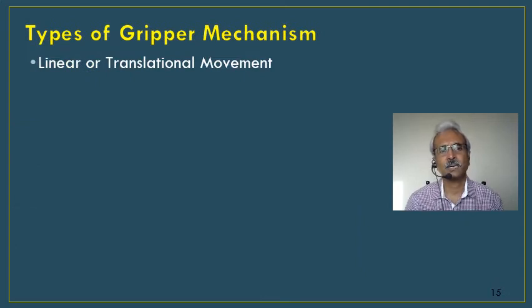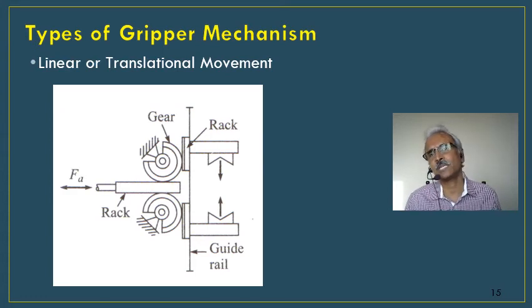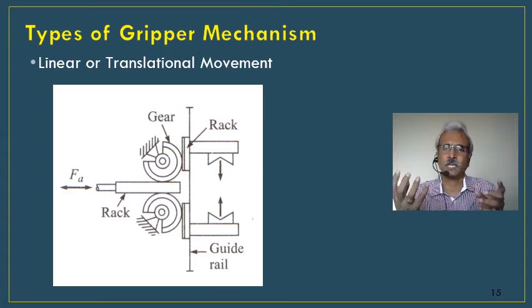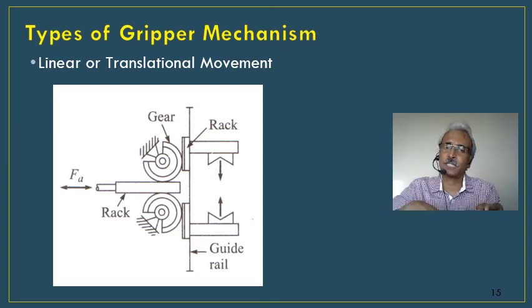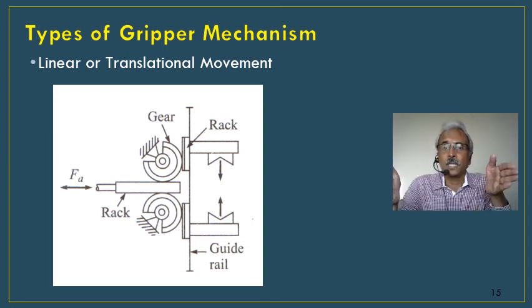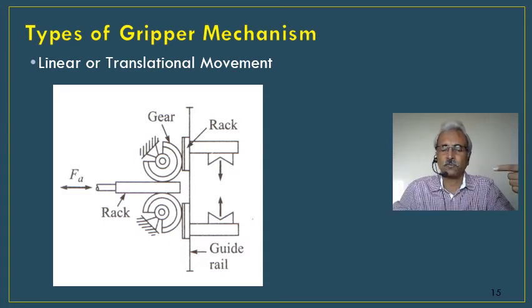So one is the pivoted motion, where it's like a V shape. The fingers or the gripper go and close like this. Next is a linear or translational movement. Because you have an object, especially a cylindrical object, if you try to hold it like this, the gripping force is given in this direction. The force may not be sufficient to hold it, especially when you have a fast cycle. Instead, if you can hold the cylindrical part from the sides, the force is perpendicular here, so the gripping force is more.